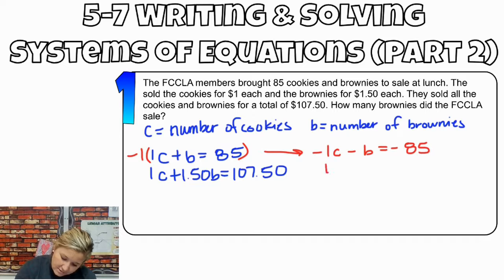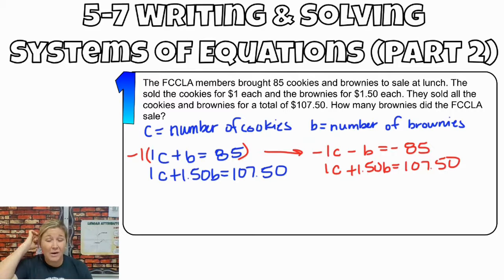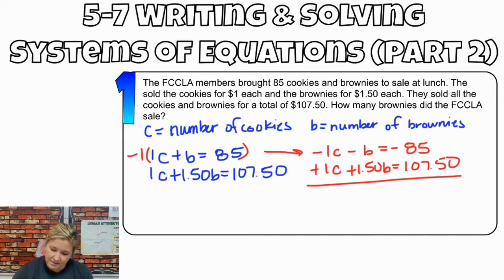And then I have 1c plus 1.50b is equal to 107.50. And so now I can eliminate the cookies and just solve for brownies, and then I'm done. So I'll add these two equations together. So -1 plus 1 makes 0. That's what we wanted it to make, so that's good. Then I have -1. Remember that variable in front of that, if there's not one, is a 1. -1 plus 1.50 is going to be 0.50b is equal to